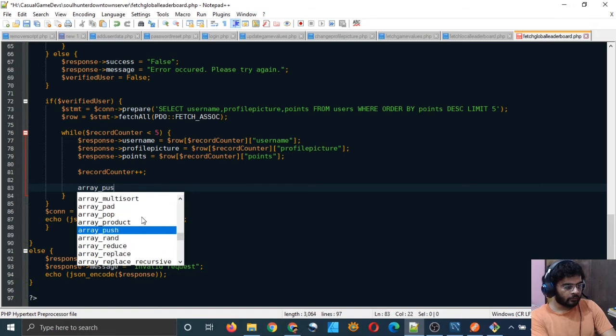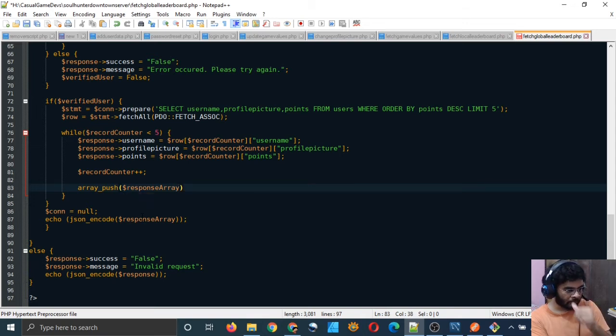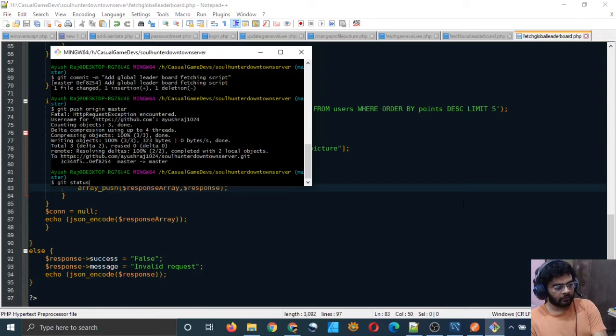Array push. First of all, the array, response array, and then the variable is my response object. Dollar response array and dollar response. So let me push it once again. I hope this time it works.